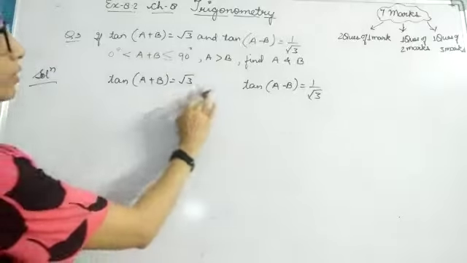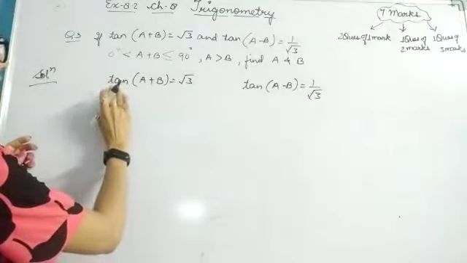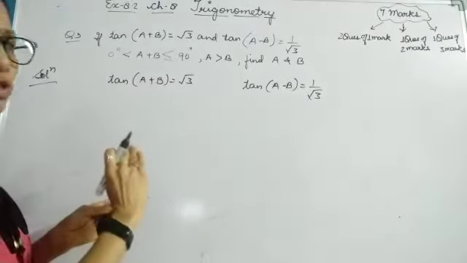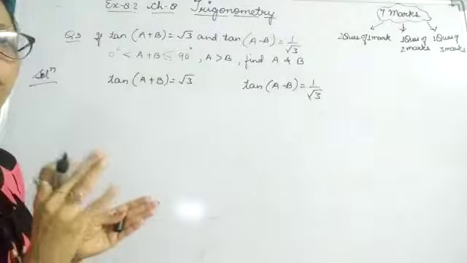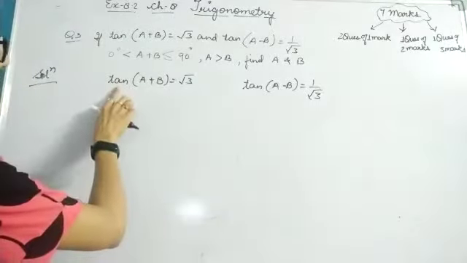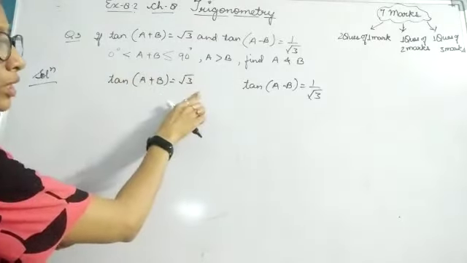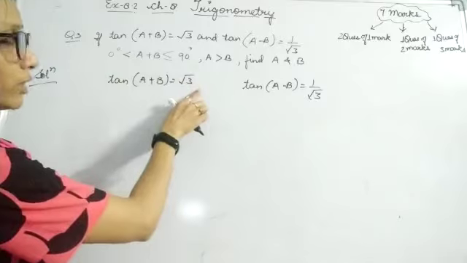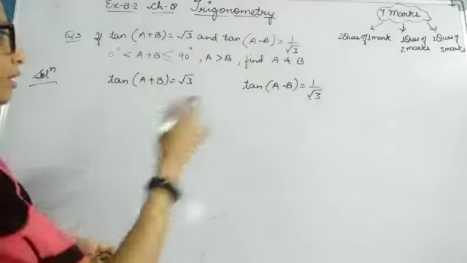Whenever you are given things like this, what you have to do is, if one side contains some trigonometric ratio, then try to convert the right hand side also into some trigonometric ratio. That means if it is tan, you will convert it into tan. If it is sine, you will convert it into sine. If it is cos, into cos. If it is sec or cosec, you will do it the same way.